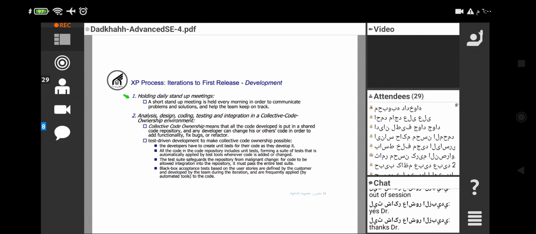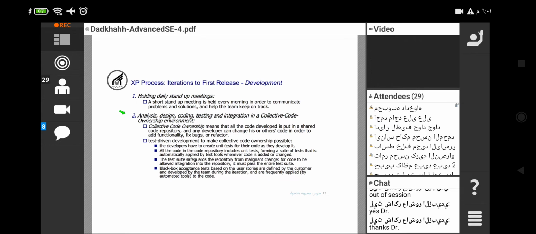That is a short meeting every morning in order to communicate problems and also solutions and to keep the team on track. After that, each one of the developers, each one of the team members should work on their assigned